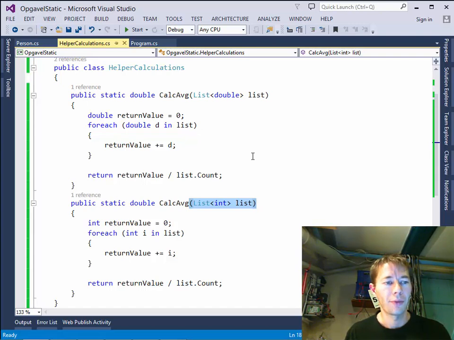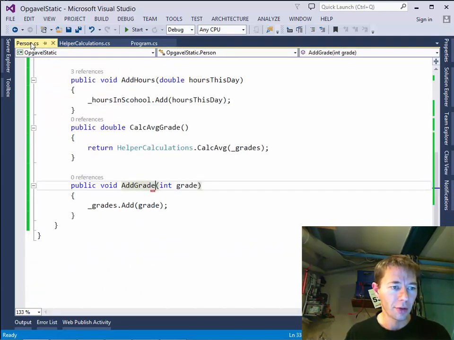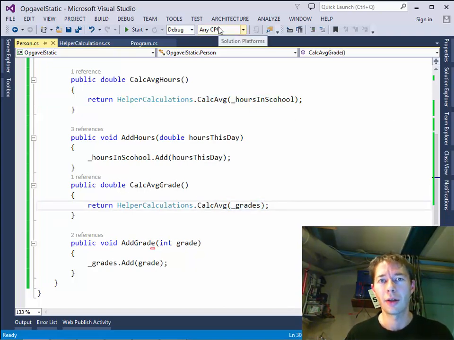And C# can find which static method is the correct one in this situation, given that in the person class here, we are either giving it a double list, or the integer list. So here we go. Now we have looked a little bit at static and a little bit at what they are useful for.